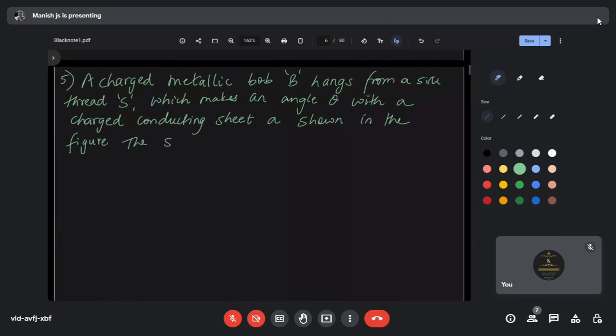The surface charge density associated with the sheet is proportional to